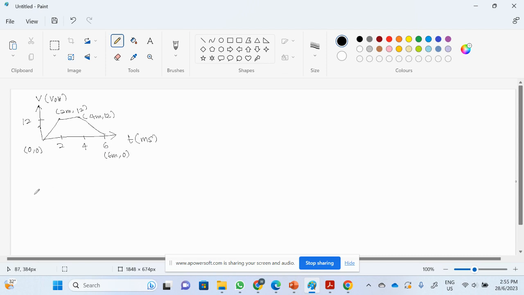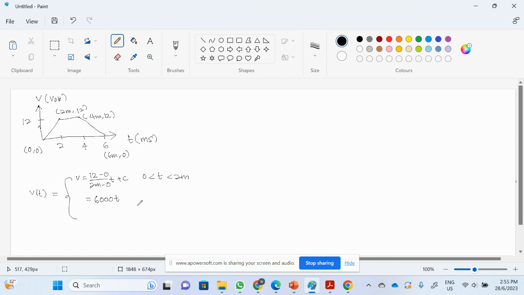So first kali kena baca dulu VT dia. Okay, sebab ada 3 graf yang berbeza, so akan ada 3 segmen lah di situ. From 0 to 2, Y dia V lah, V equals to mt plus c. How to calculate m? So it's y2 minus y1 divided by x2 minus x1, 12 minus 0 over 2 milli minus 0, times t plus C. But C dia kosong lah sebab dia intersect dekat kosong. Y-axis dia kosong. So 12 bahagi 2 mili is not 6 but